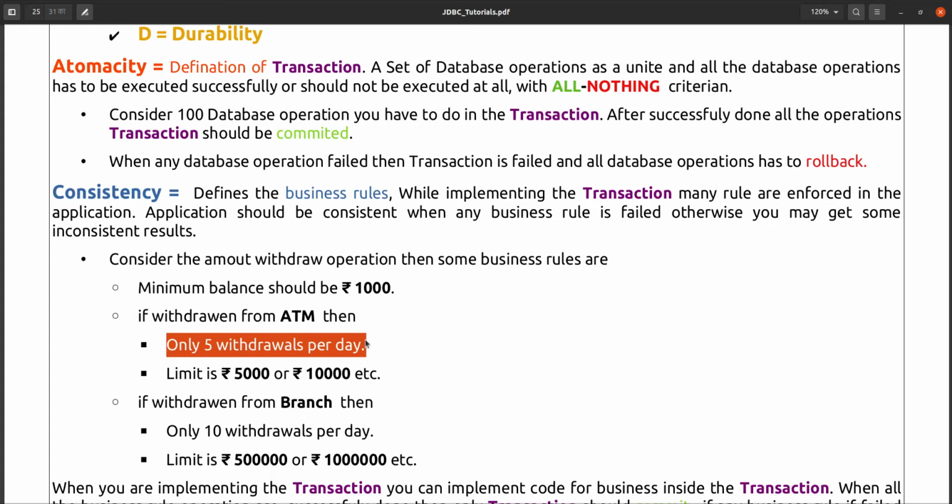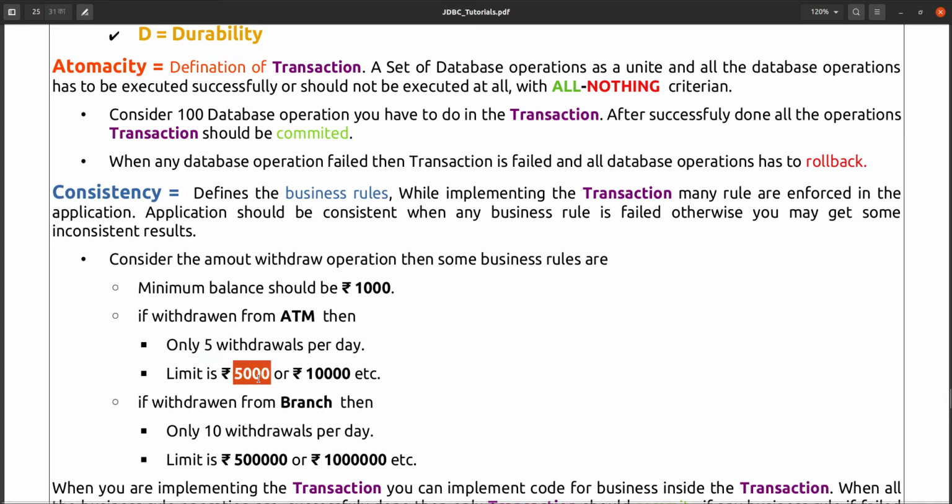Any bank, you can say ABC something. We are taking just an example. Suppose if you are withdrawing from the ATM, then you have only five withdrawals or five chances to withdraw from the ATM, five per day. So this is one rule. Or you can say that a limit is also there.